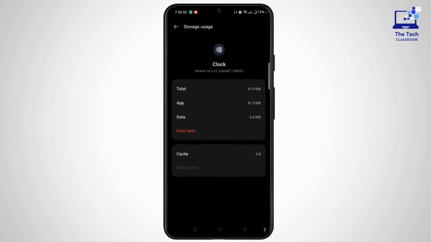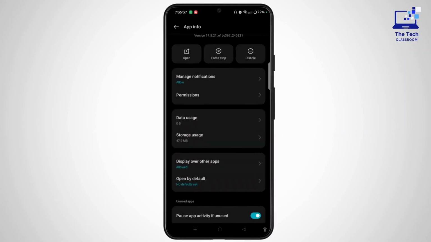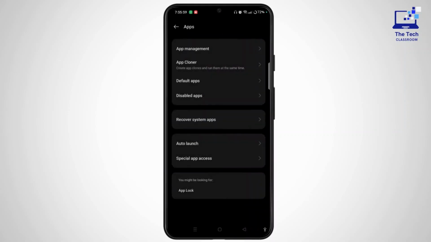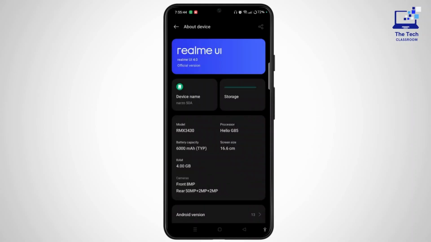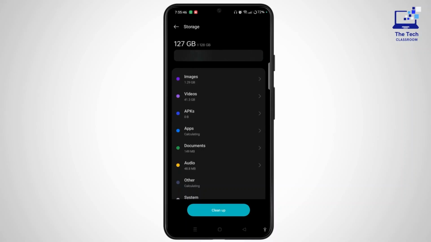user data. If you wish to clear cache for all the applications, then simply open Settings again. Come to the Settings section and then tap About Device. Tap Storage. In here, you may see the option of cached data. If the option is not available, you will need to clear the cache individually for apps as outlined in the first method. Or else, you can also use a third-party application in order to clear cache,